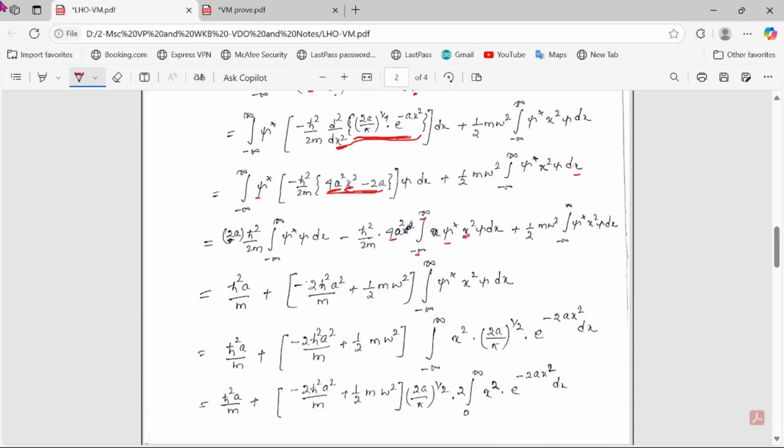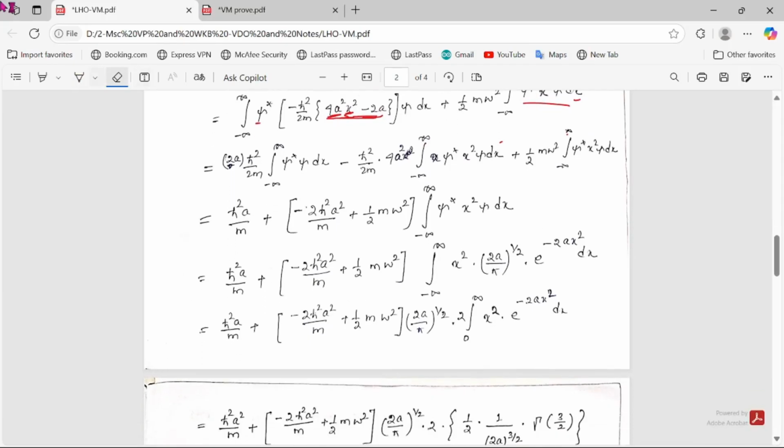Psi star x square psi dx plus half m omega square, minus infinity to plus infinity, as such I have written over here. Okay, next, in the next step, here you can see this value psi star psi, as this is the inner product, minus infinity to plus infinity psi star psi dx. That means this value is your 1, because these are the normalized wave functions. So how much can we find? In the first term the 2 gets cancelled, h cross square a by m. Okay, then